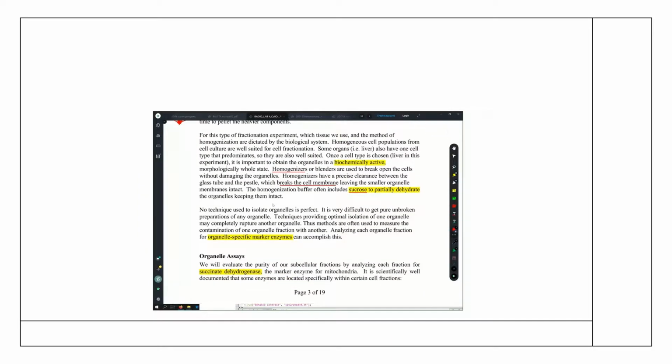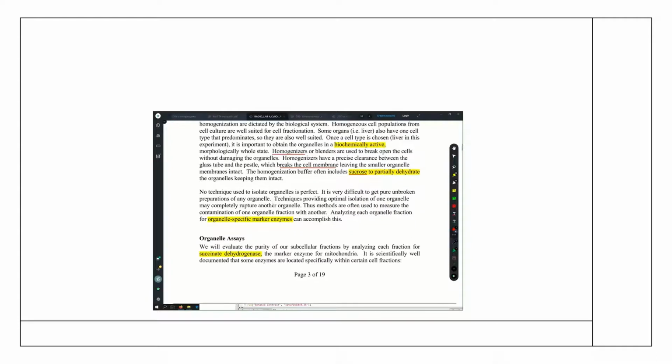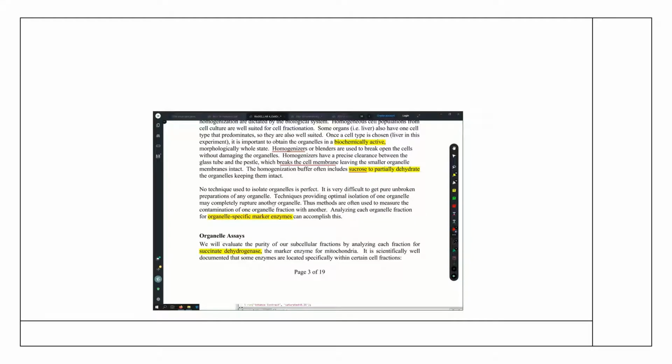For this type of fractionation experiment, which tissue we use and the method of homogenization are dictated by the biological system. Homogeneous cell populations from cell culture are well suited for cell fractionation. Some organs, like the liver, also have one cell type that predominates, so they are also well suited. Once a cell type is chosen, liver in this experiment, it is important to obtain the organelles in a biochemically